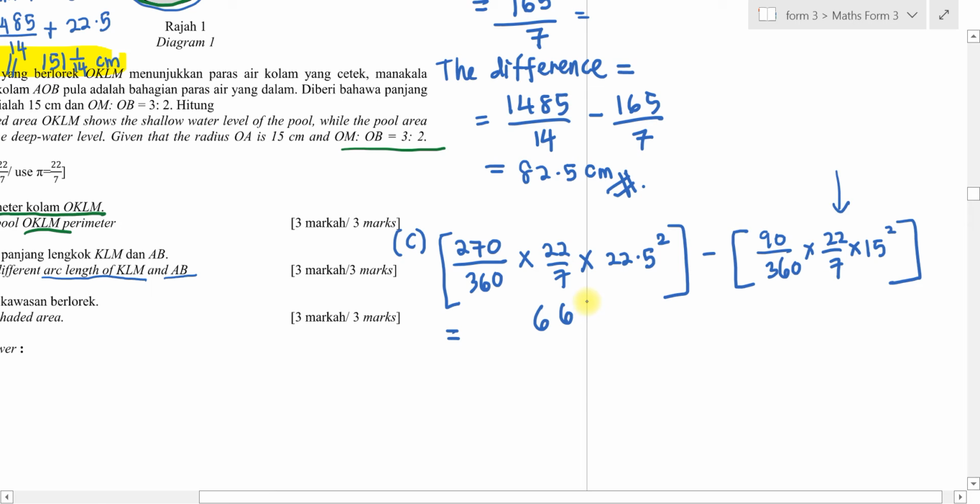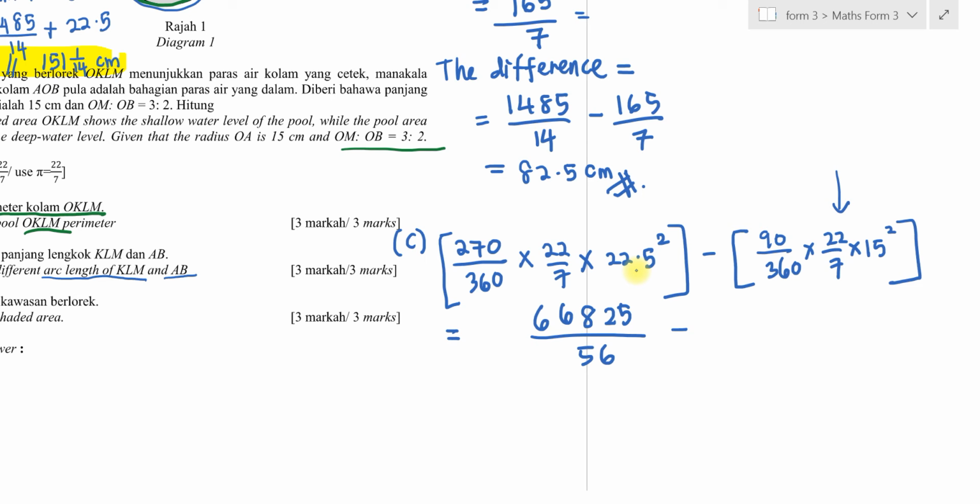Press shift ABC. You get what we call improper fraction. You should be getting something like this: 66825 over 56 minus